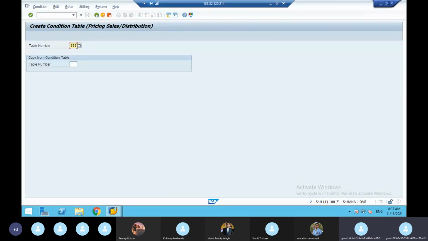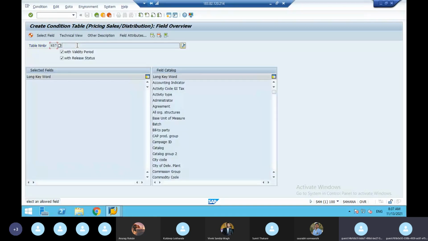How to do it? We have to go here and give the condition table. 655 is already there. See here, they want one material, the material is washing machine. Click on this, take the material, double click here.